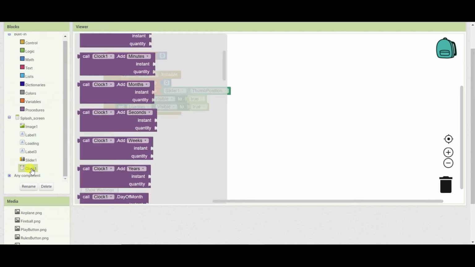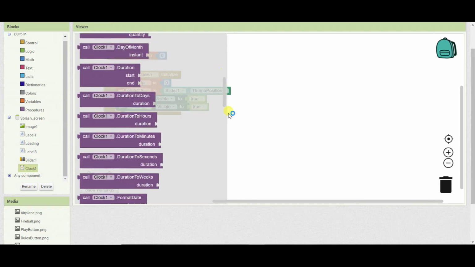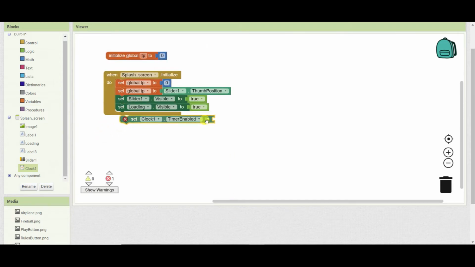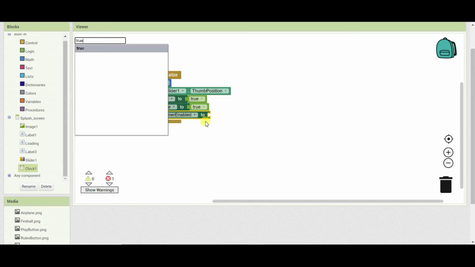Then I'll go to the clock component and I will make it timer enabled to true,